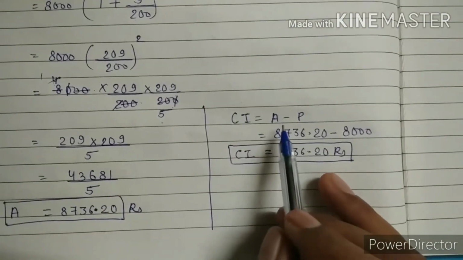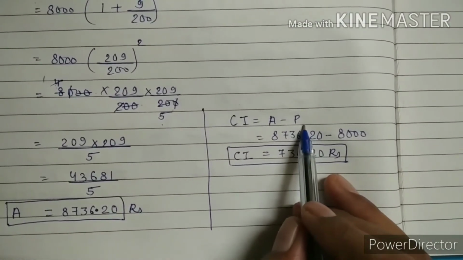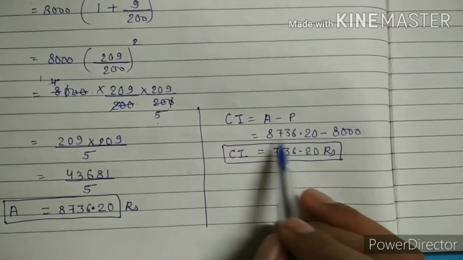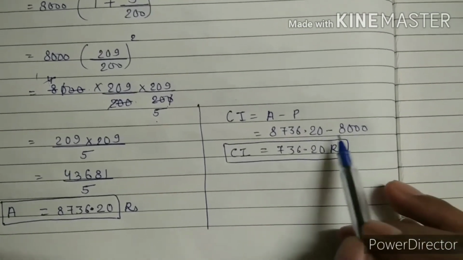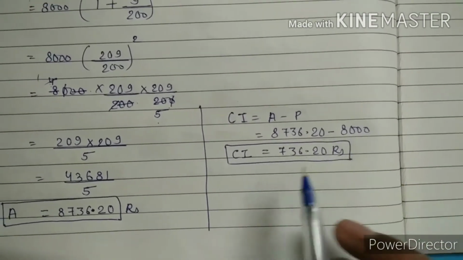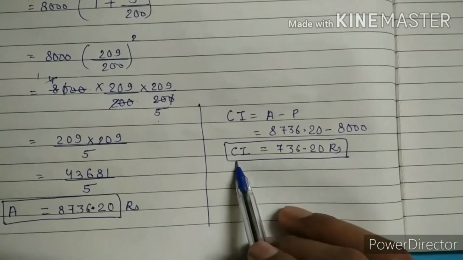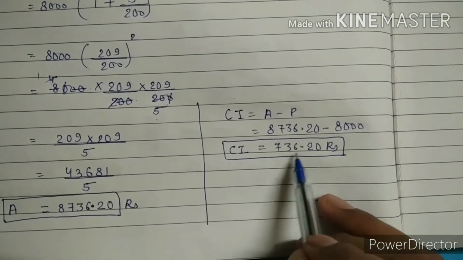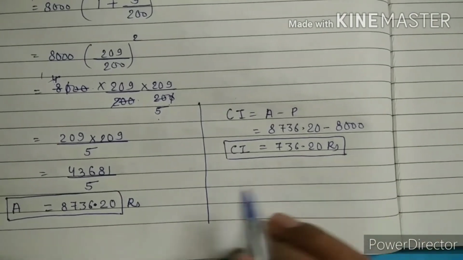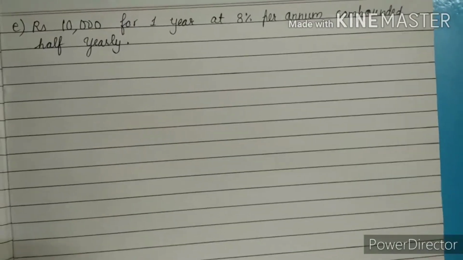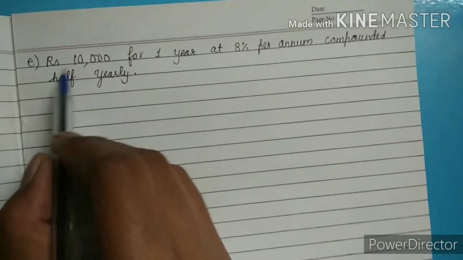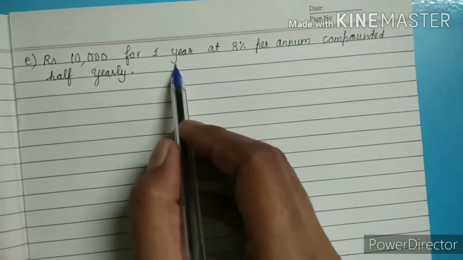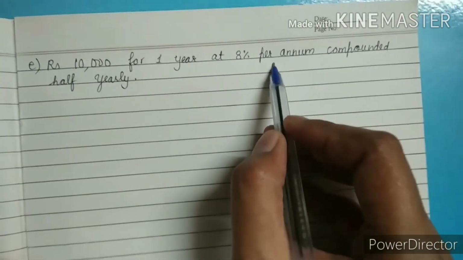Compound interest is calculated as A minus P, amount minus principal. Amount is 8,736.20 minus 8,000. So after subtraction we will get compound interest as 736.20 rupees. Last question of question number first, that is E, rupees 10,000 for 1 year at 8% per annum